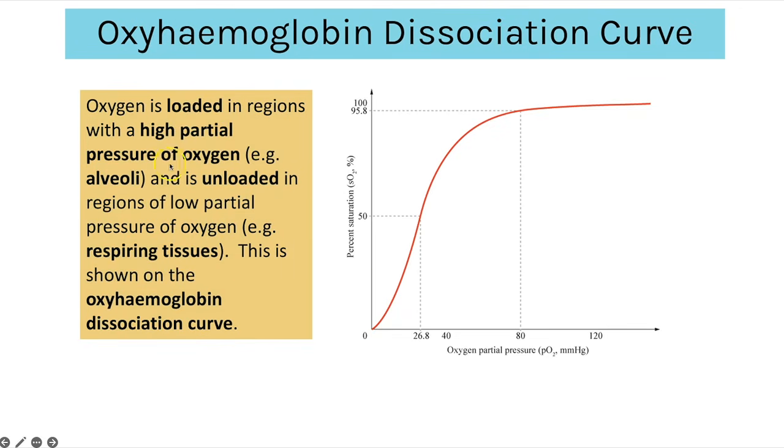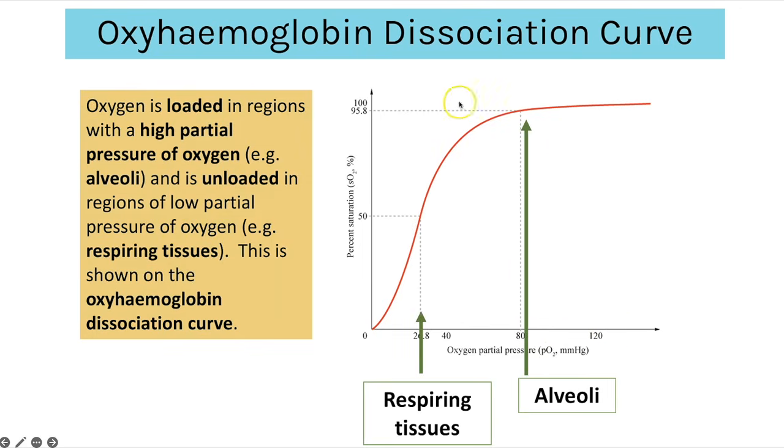The way we can actually tell that this loading and unloading happens is that at these higher partial pressures, we can see that the hemoglobin is 100% saturated. So that means the hemoglobin must have a higher affinity for oxygen at high partial pressures of oxygen. Therefore, it loads the oxygen more readily and it's binding to the hemoglobin, and that's why it's fully saturated. At lower partial pressures, we can see that the saturation has dropped,